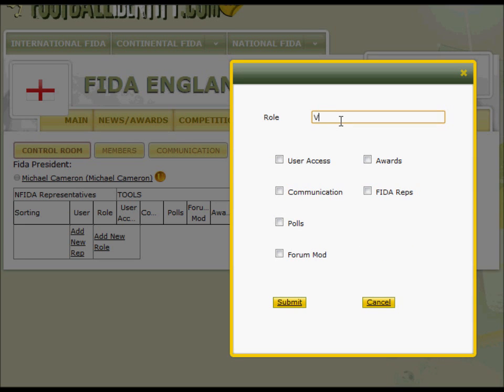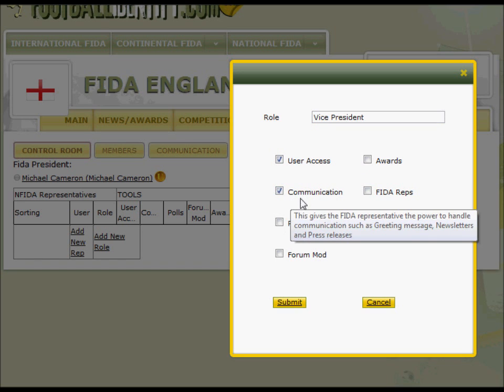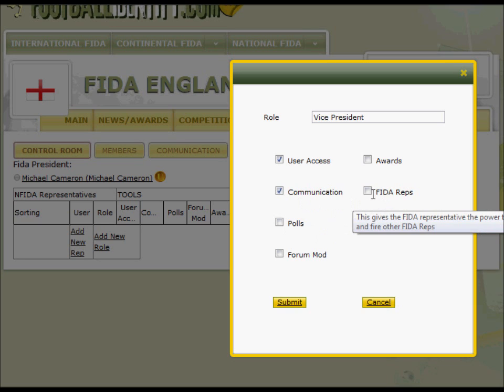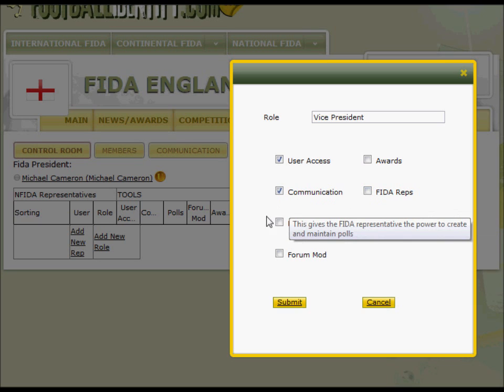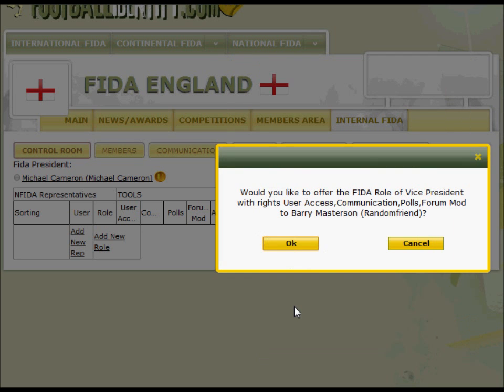So he enters the role, vice president, decides what user access Barry should have. Doesn't give him the award functionality, as you can see, since we all know that Barry would only give himself all the awards. But he's given the polls, the communication, and the forum mod user access. So yes, he wants to send this